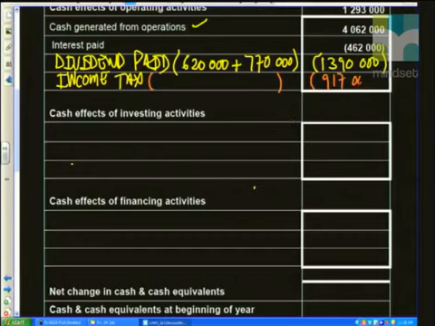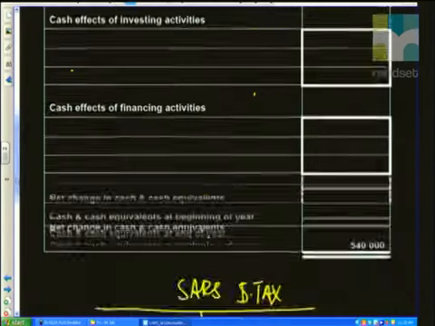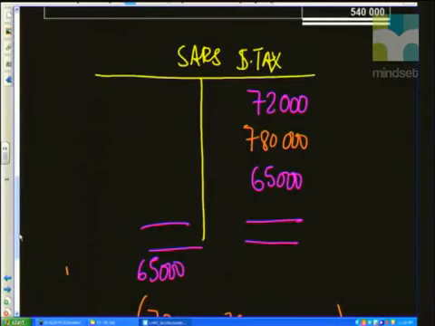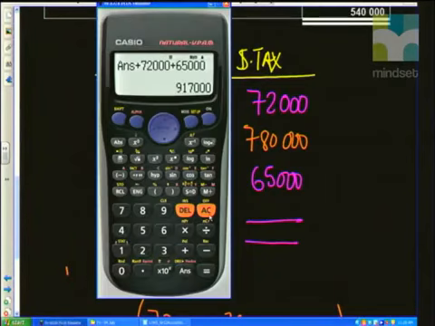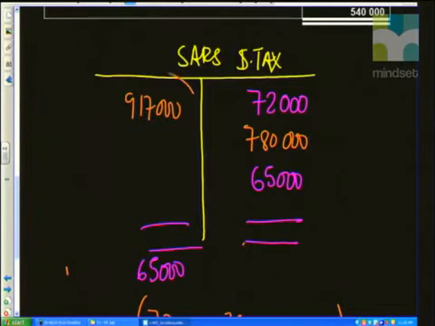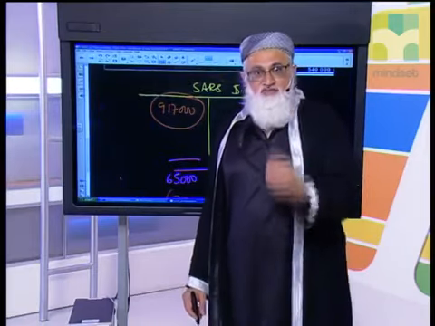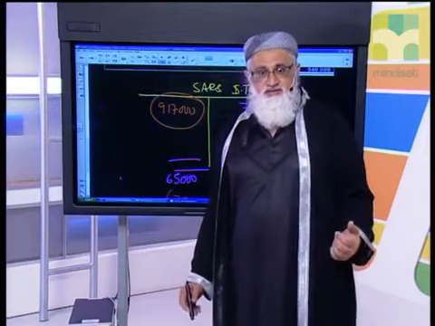The figure appears in a bracket to indicate that that's the value of income tax that has been paid. Just to show you one more thing, that's the figure, 917,000. That's correct. I just wanted to verify the figure. 917,000 is the value of the money that had left the company as a result of the taxation that we have paid. Got it? Okay.